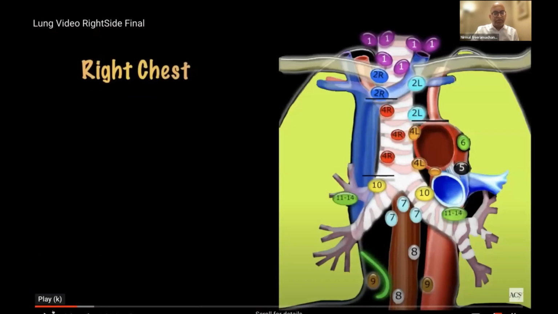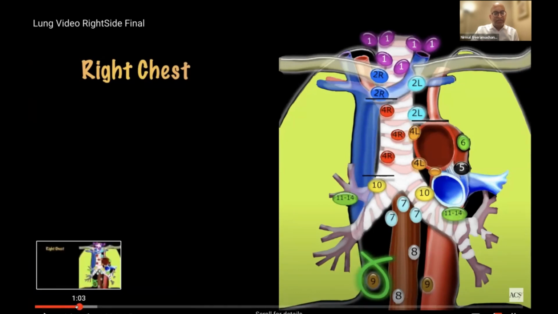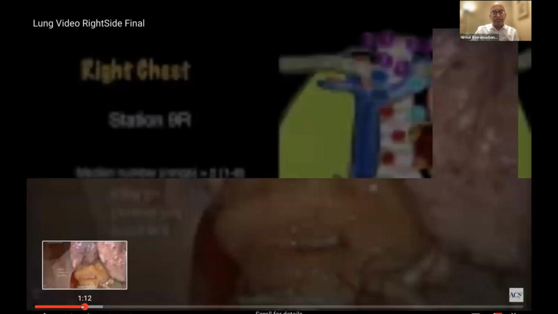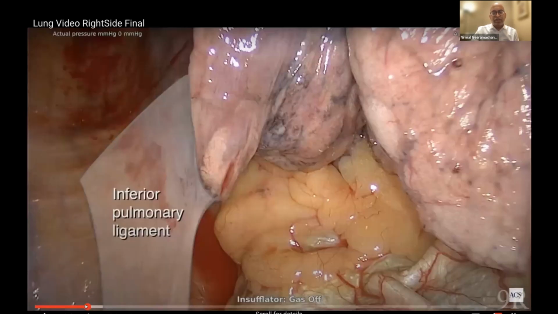and this just demonstrates some of the anatomy. We won't go through all of it, but it identifies each nodal station. It provides data on the number of nodes that one would expect to find. These data come from cadaveric studies. We offer intraoperative